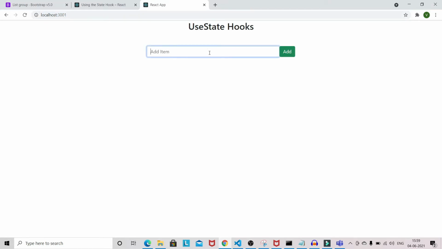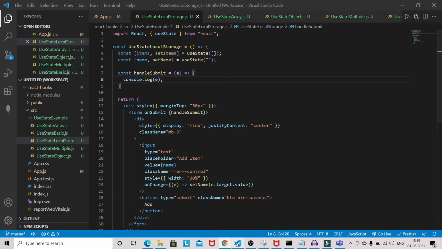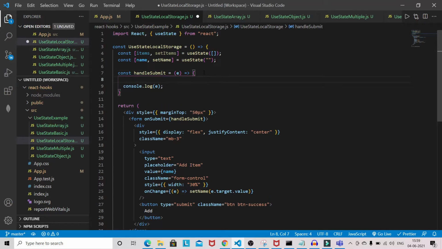Okay, so if you type something here and if you just add, you saw that the browser is getting reloaded. Okay, that we don't want. Okay, so we can prevent the default behavior of the browser.